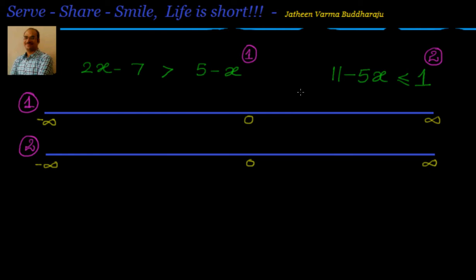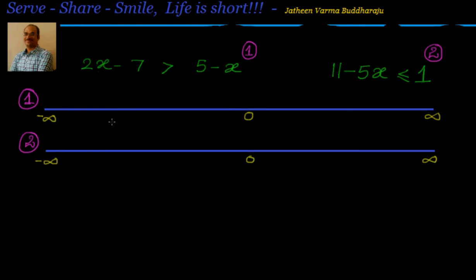So what you will do is, like how you are doing the problems, you will do this problem separately, you will do this problem separately, you will represent them on the graph, then you will see what is the common solution set to both of them. That will be the solution of the system of linear inequations. So let's go ahead and do that.